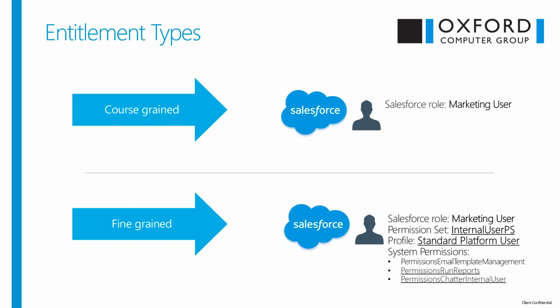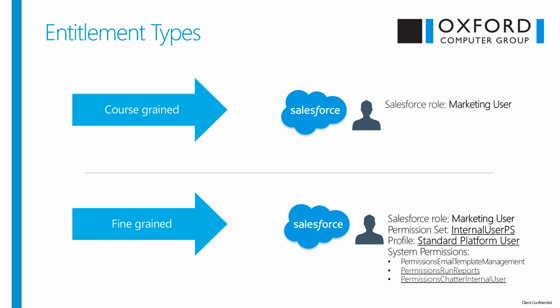All right, entitlement types. I see this a lot, and I did not see it expressed very decently when I was thinking about this and did some research, and I tried my best here. So coarse-grained entitlements usually are a template or a role within an application. I've taken Salesforce as an example because it's a high-value app. A lot of people have Salesforce, and I figure we could at least have that as a common plane of